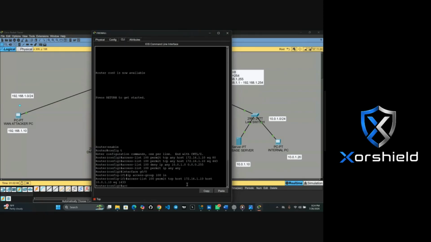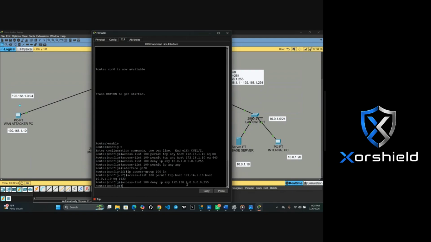So we do access list again 100 deny IP any 192.168.1.0, then space 0.0.0.255.